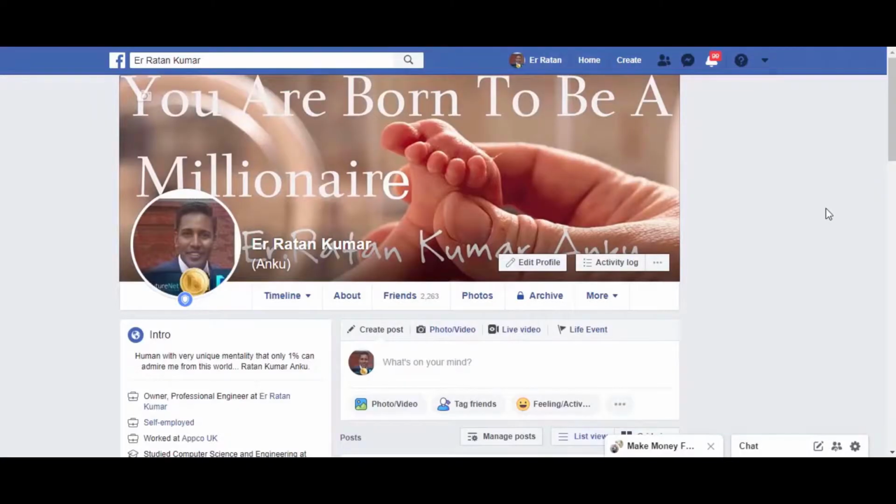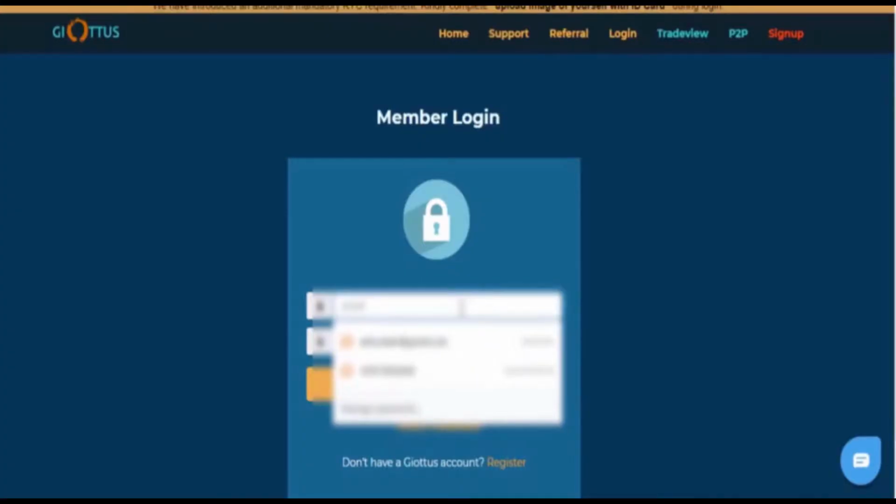In this video I am going to show you how you can buy Bitcoin if you are staying in India. So without wasting your time, let's get back to the dashboard of the Geotas site from where you need to buy the Bitcoin. The first time you come on the Geotas site, you need to create your account. Simply go to sign up and enter your details, email address, and password, and create your account, confirm from your email and complete the KYC.